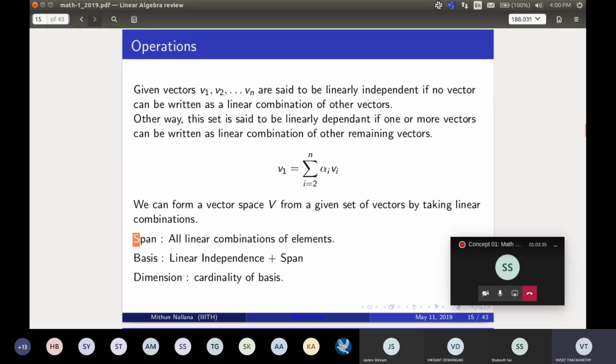Now all the vectors present in that 3D space can be called the span of that vector space. Any vector you draw in your 3D coordinate system will be part of the span, because it can be represented as a linear combination of these ijk vectors, and ijk can be called the basis. So ijk and xyz are just a 3-dimensional example that we are seeing. Now we can go to higher dimensions also, and that is when these definitions will be useful for you to relate to the 3-dimensional case. So: span, basis, and dimension.